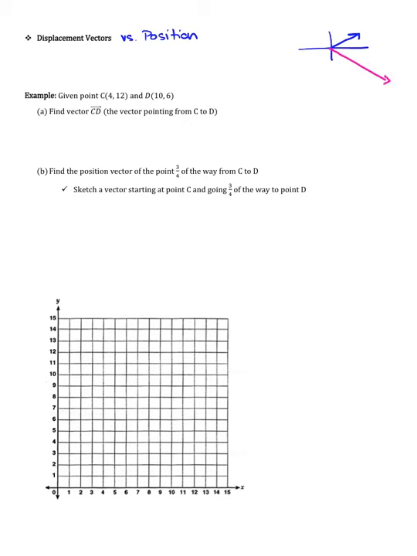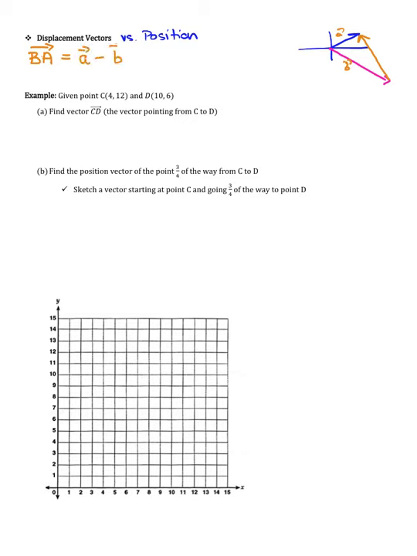The displacement vector is the vector that goes from the head of one to the head of the other. So let's say this was A and this was B. The displacement vector that goes from the head of B to the head of A, that's how I would write it,